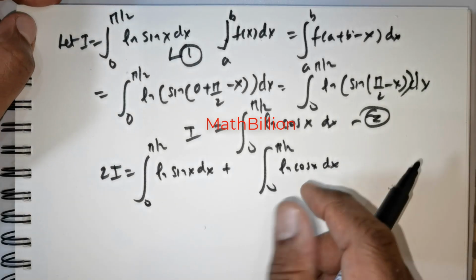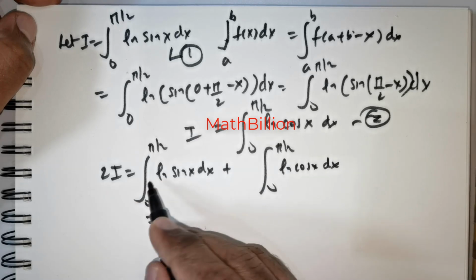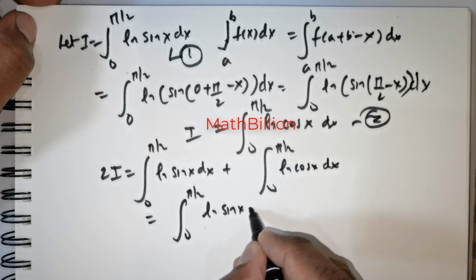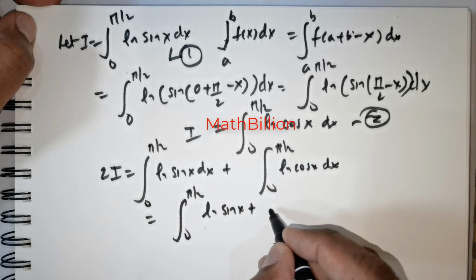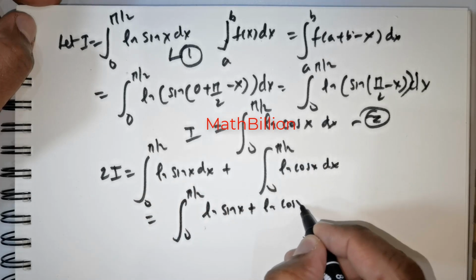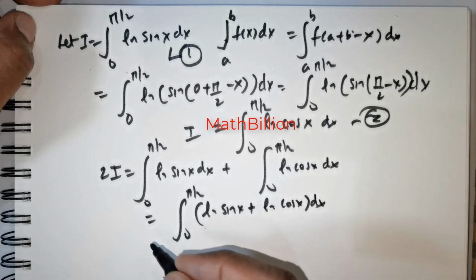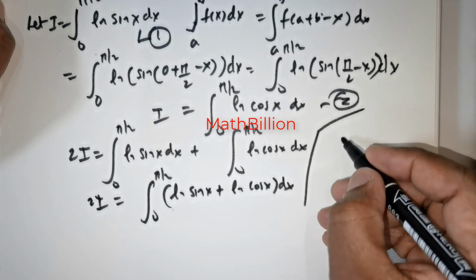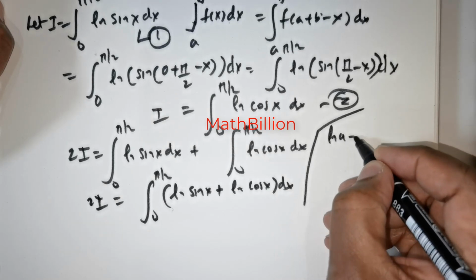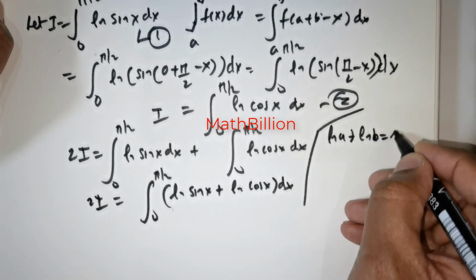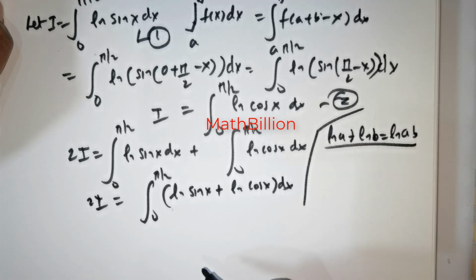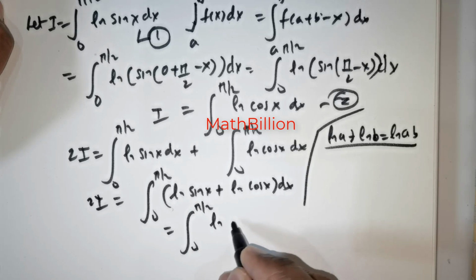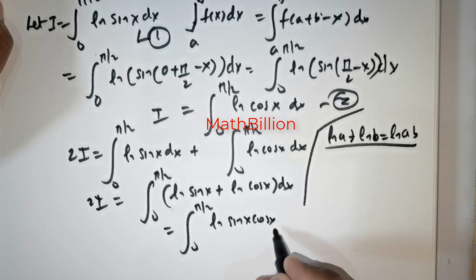So we got this. Now I would like to rewrite this as integral 0 to pi over 2 of ln sin x plus ln cos x, you can club them, right, times dx. On the left you have 2 times I. Clearly you know that ln a plus ln b is equal to ln ab. So using that we get integral 0 to pi over 2 of ln of sin x times cos x